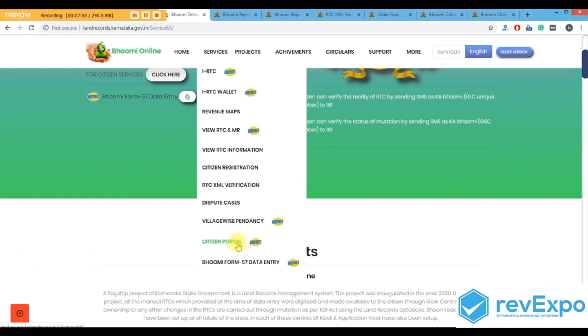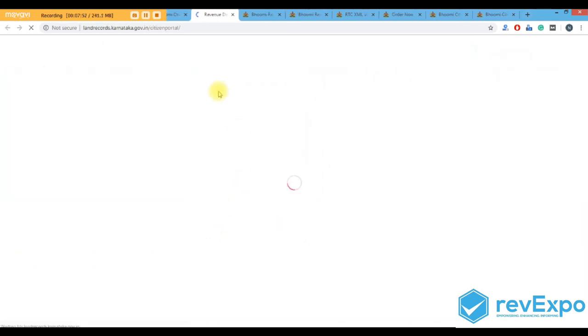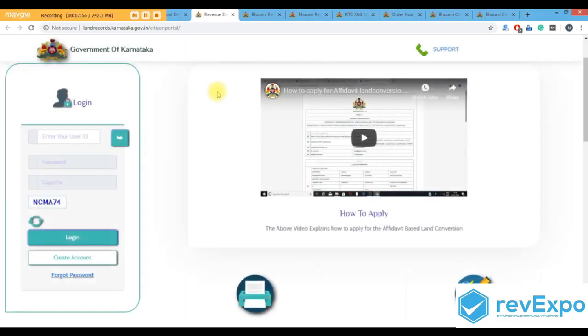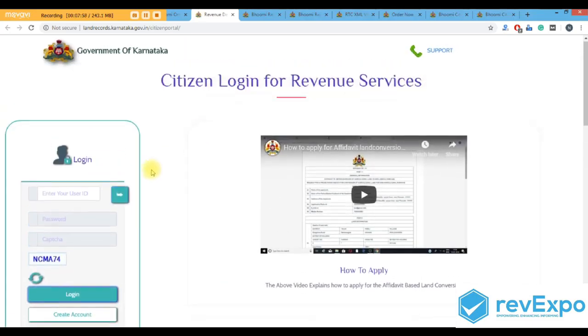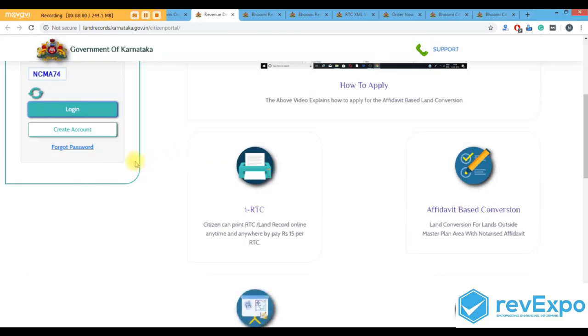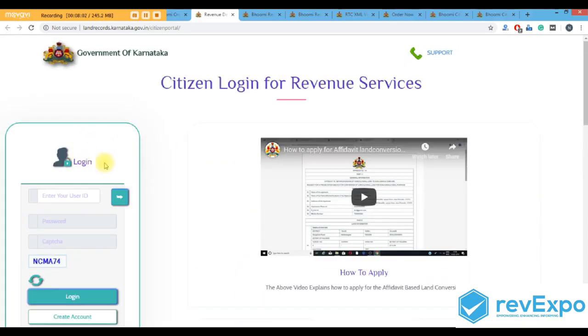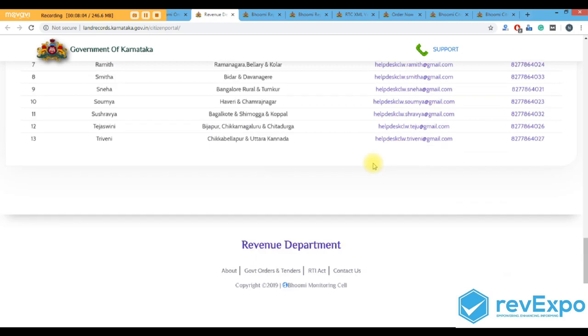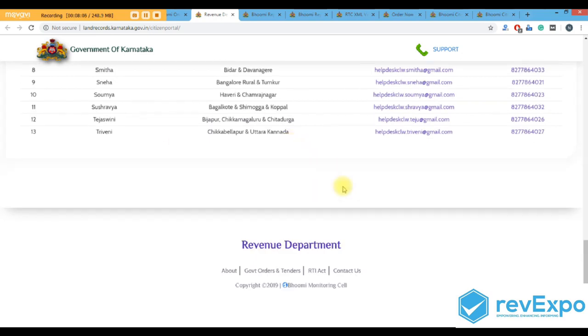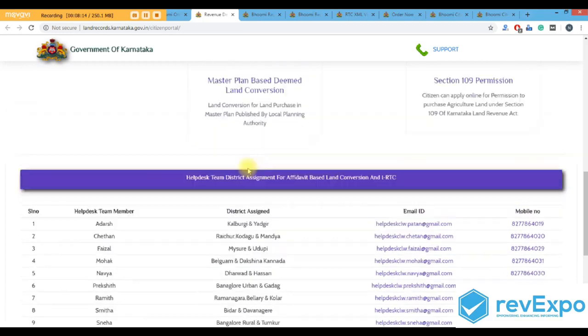So next is the citizen portal. As I explained earlier, once you have registered successfully, you can log into the details, and you can use all the services available over here in the revenue department related to land, any disputes or anything.